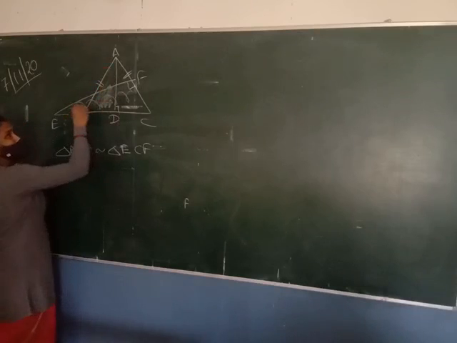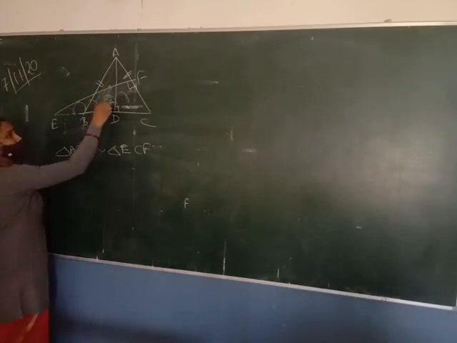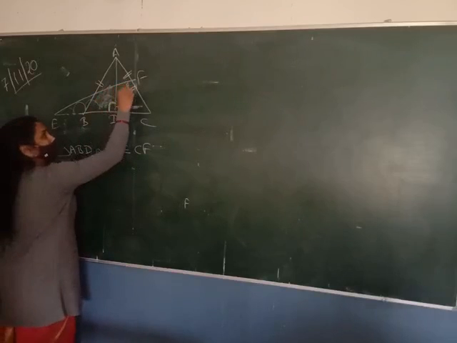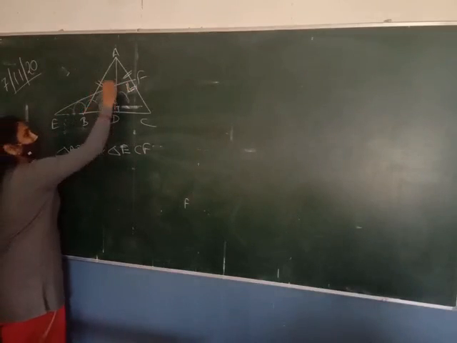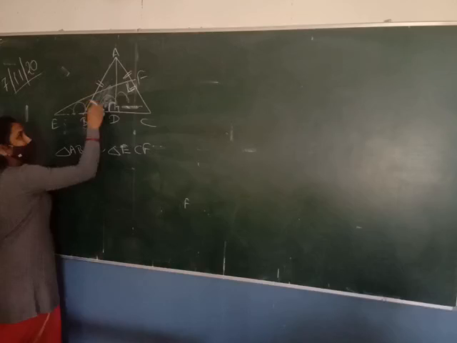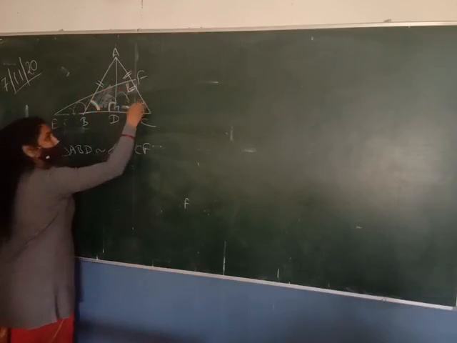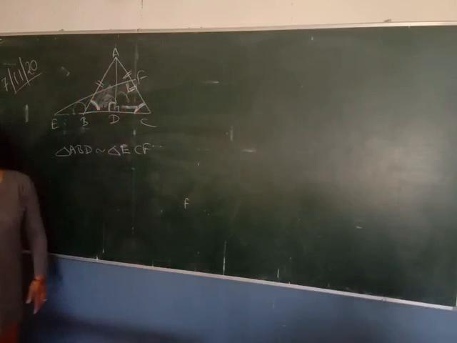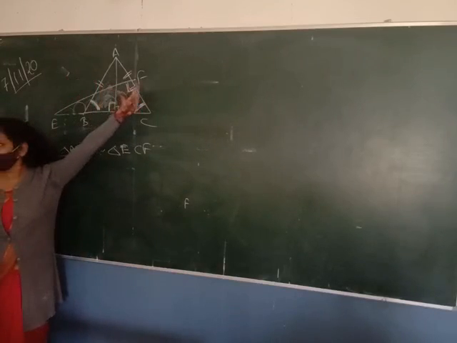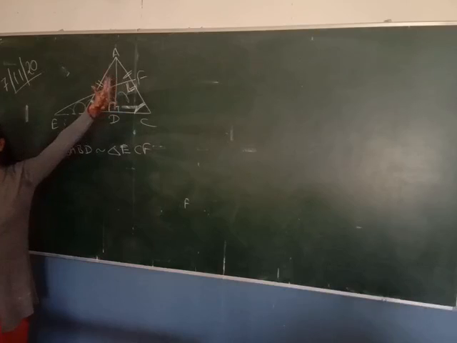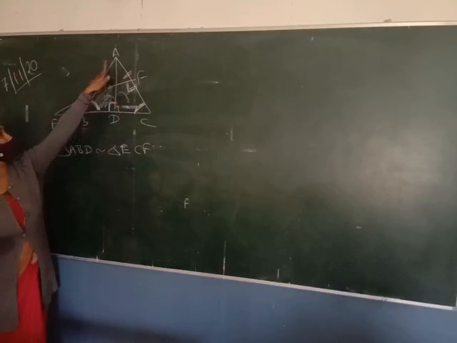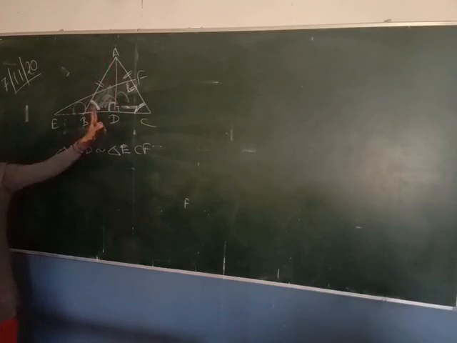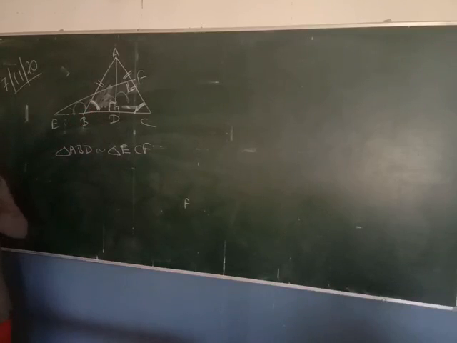In this and this triangle, we know that this angle is 90 and this is also 90. This is the one condition. And for this triangle, angle B is equal to angle C. Why are these angles equal? Because we know that AB is equal to AC, so the angles opposite equal sides are also equal. So that's why you can prove that this triangle is similar to this triangle by using angle similarity. Any doubt in this question?